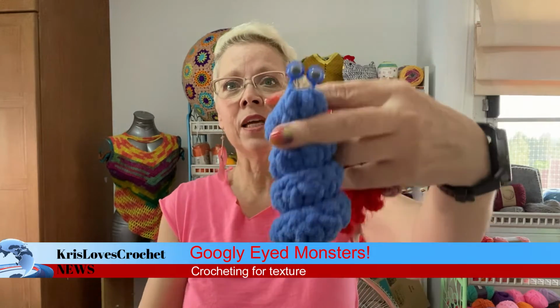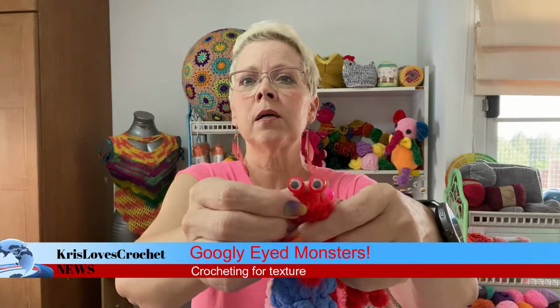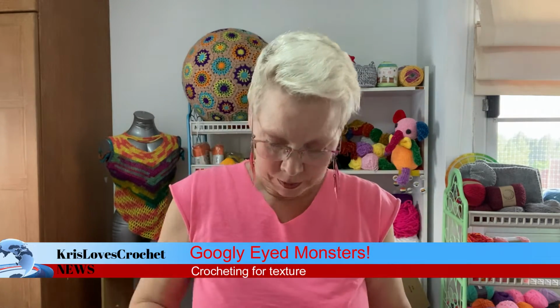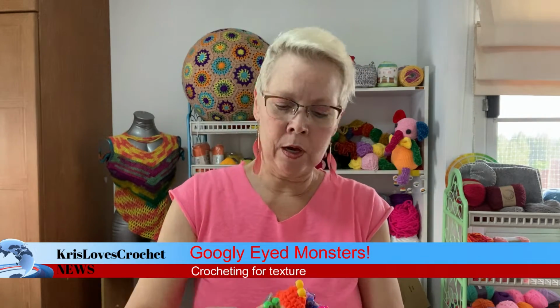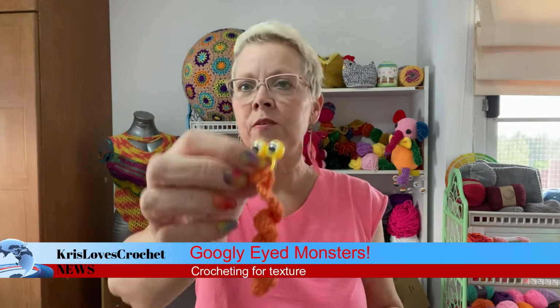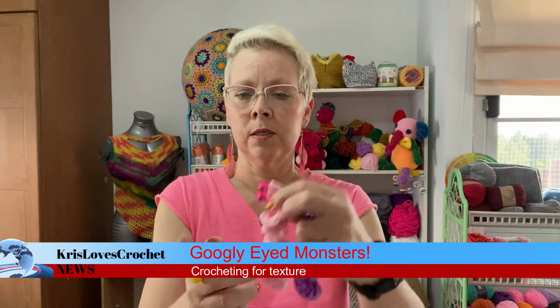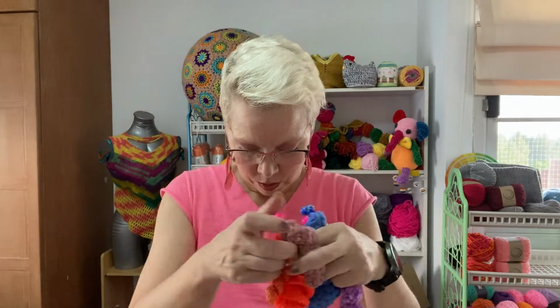Out of blanket yarn, out of camel hair, out of regular yarn, 4 weight, out of cotton yarn, like kitchen cotton, and then out of some bamboo. And then the chenille yarns also. So I wanted to use all the different types of yarn that I had, different feeling of yarn that I had to send to my